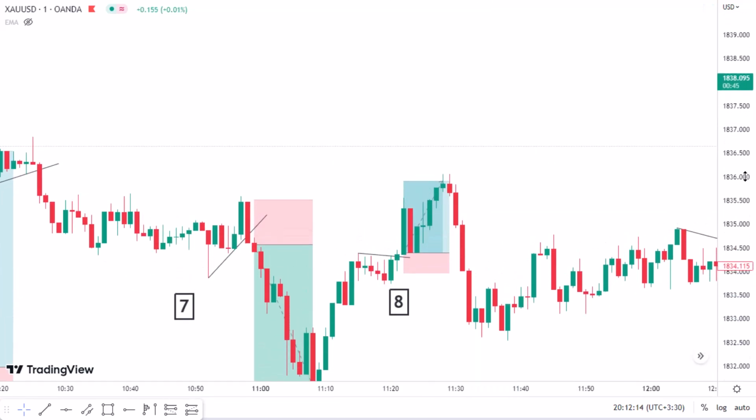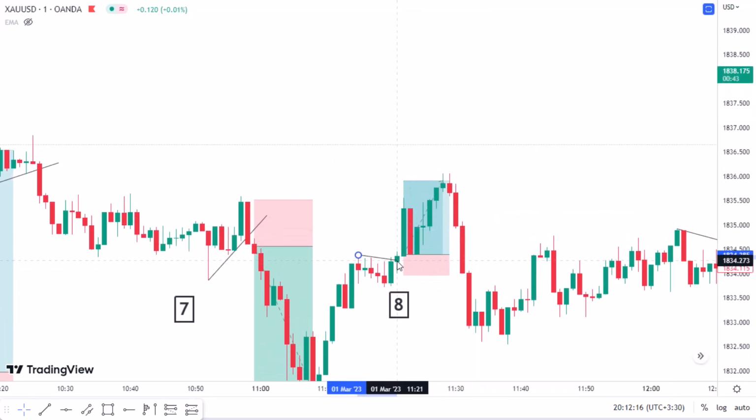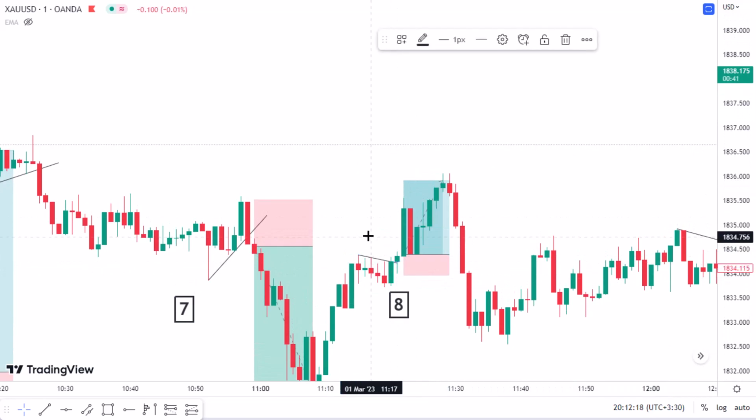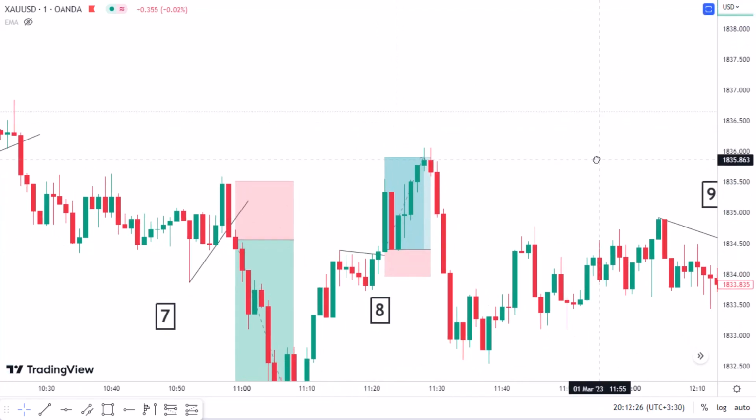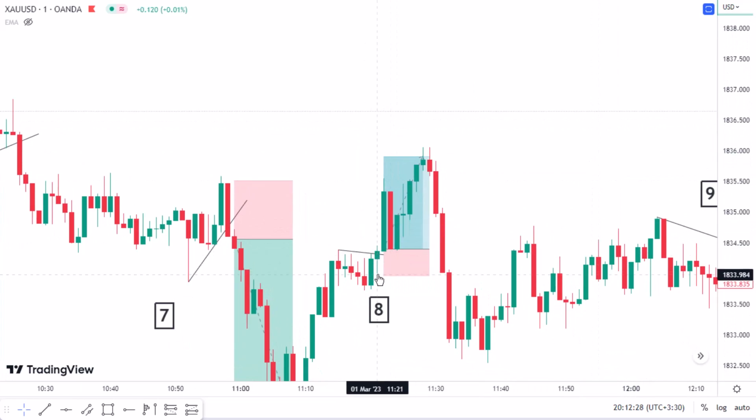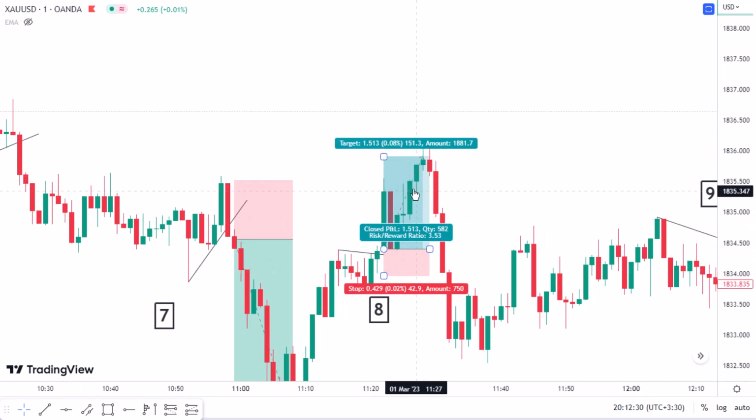On the trade 8 we have a trend line which was like this at the first time. When we see this shadow here, not body, we extend it until we see this candle breaks out of the trend line. We enter the buy position, put our stop loss below the candle, and it gives us a reward